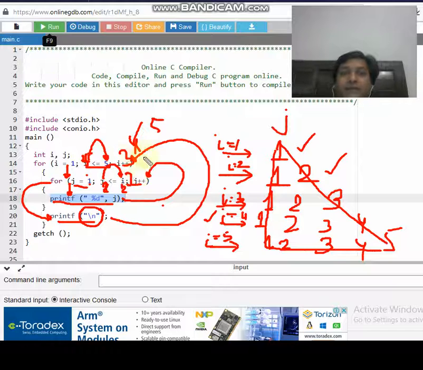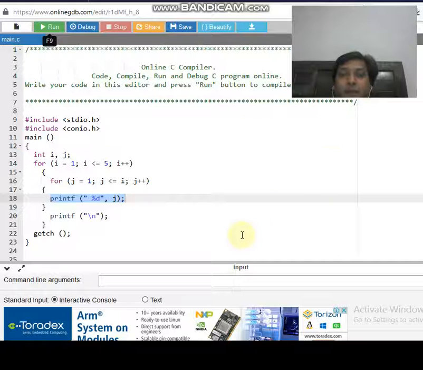And when the value of i gets incremented once more, that is goes to 6, the condition is checked and it gets false for the sixth time. So control goes out of the outer for loop body and reaches the getch function, and this is how we get a particular pattern with the help of this nested for loop concept. So let us have a quick look by running this program on the compiler.